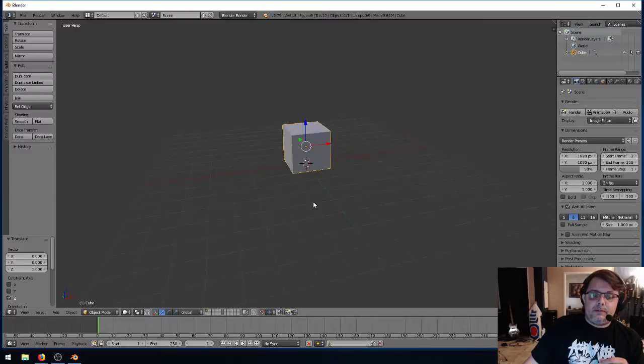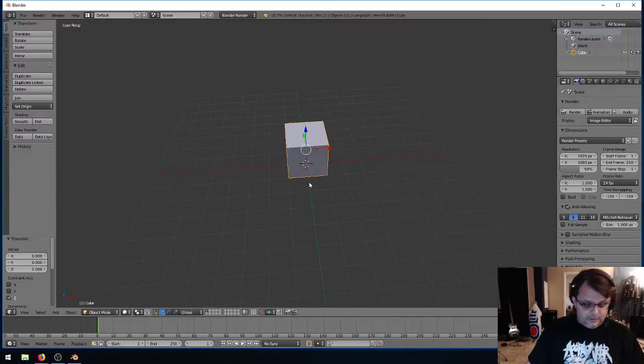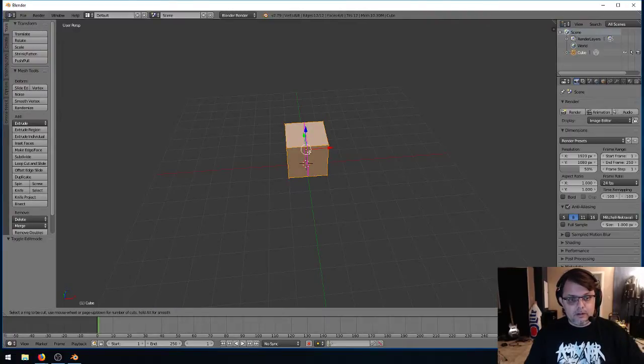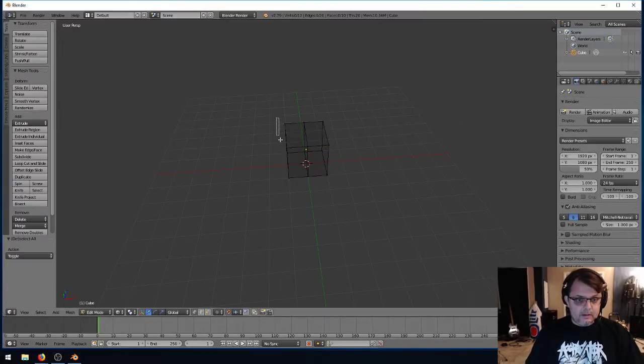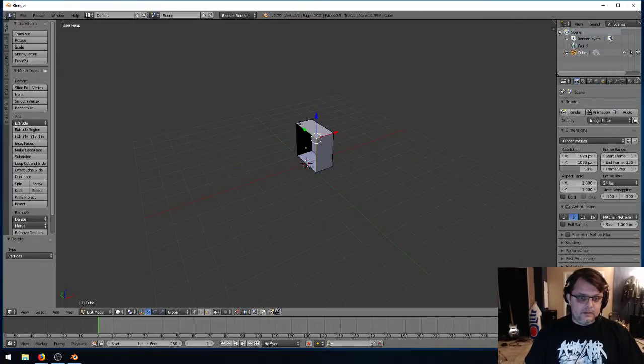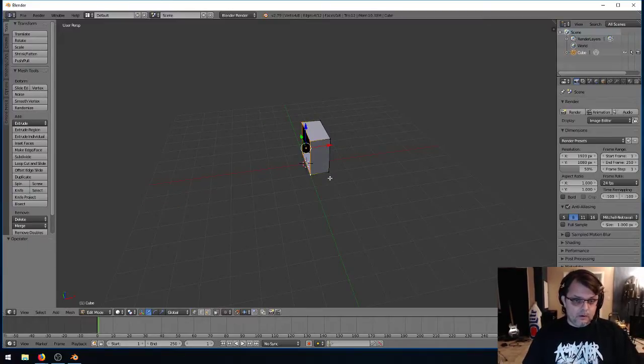So what we can do, right, is we can loop cut this, which is Control R. Oops, hit Tab to go into edit mode, Control R, and you see the purple line, and we can cut it, and then right click so it centers it, and then hit Z, and then grab this geometry and just delete it. And then you're left with that, and then you just grab all this geometry here and hit F. We could do it that way, or the easier way to do it, get rid of that, is since we're already here,